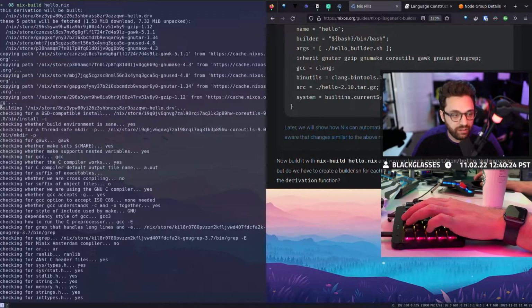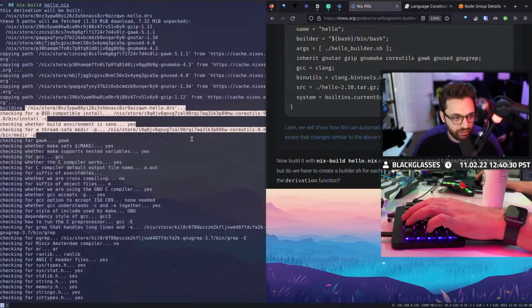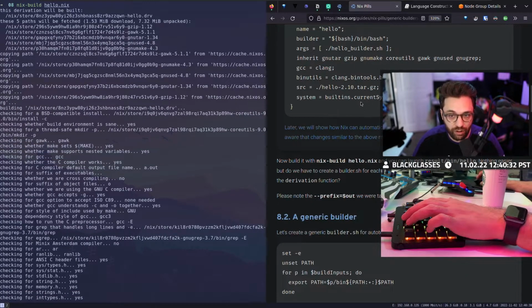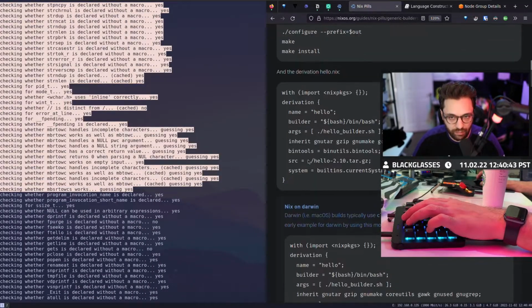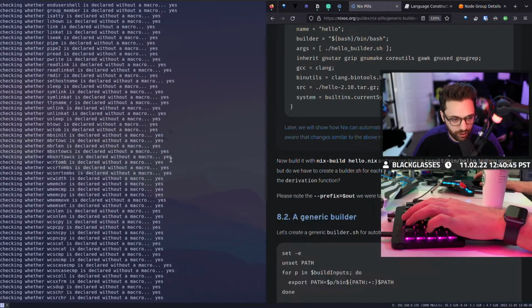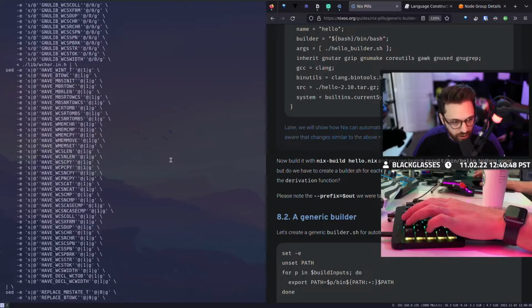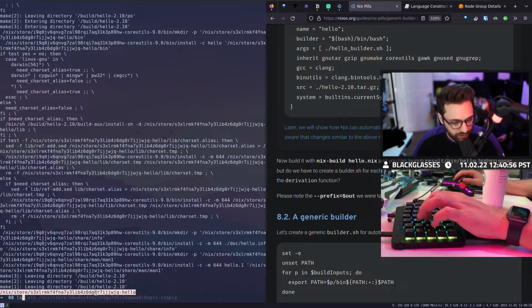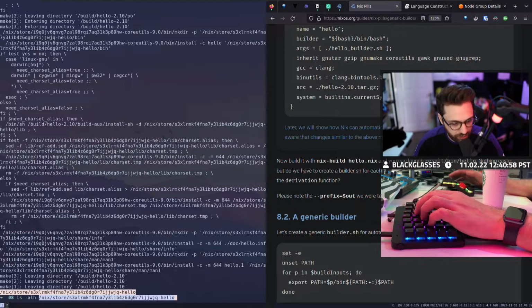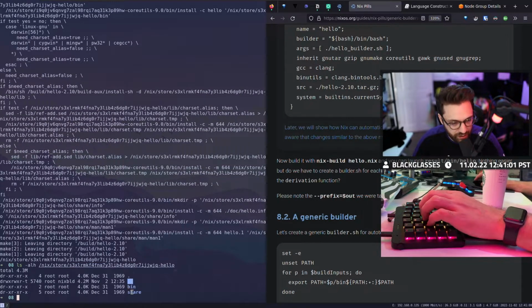Once we have our dependencies, bam, look at this, building derivation. This is where we actually go into building the derivation. We start our builder. We create a build shell, we pass the hello builder args, and then we go through the whole process of using make and tar and all of that stuff to unzip it, make it, and then install it. Once we get all the way to the end here, you'll see a path, nix store, blah blah blah. If I copy this path and do ls -lh, you'll see that inside of it, I have a bin and a share.